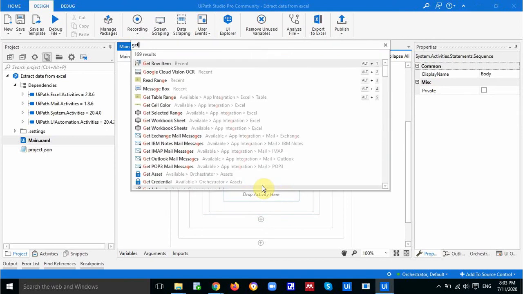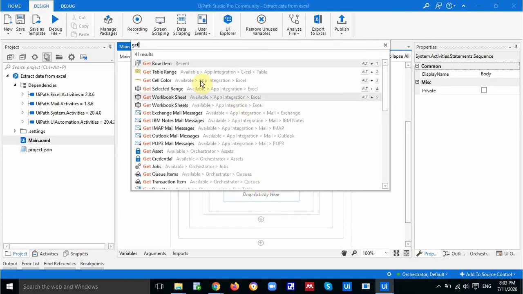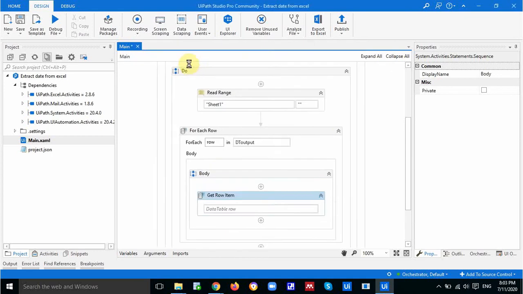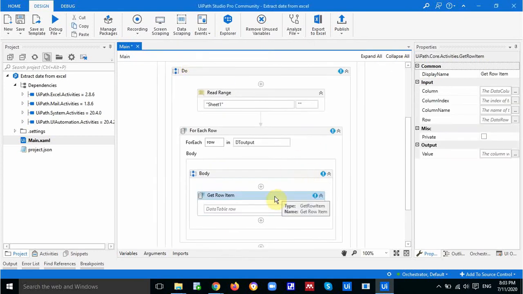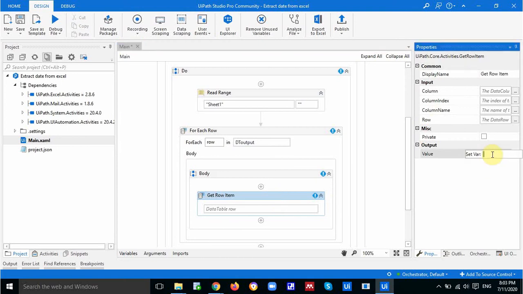Then for accessing a particular element from Excel, we are going to assign one Get Row Item and assign a variable name, let's say get output, Control K, press Enter.